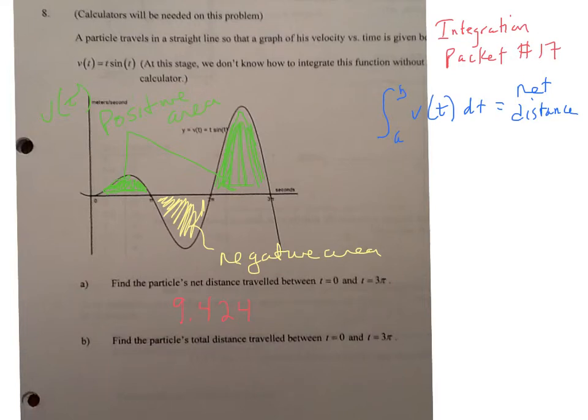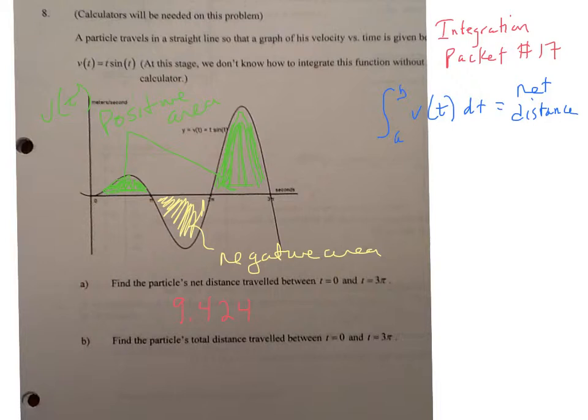This is integration packet number 17, problem number 8. I have gone ahead and put some color into this problem, with the green highlighted under the curve. As you know, the area above the x-axis is a positive area, and area below the x-axis is considered negative area. So with us trying to find net distance, that is just integrating the whole function from the beginning point to